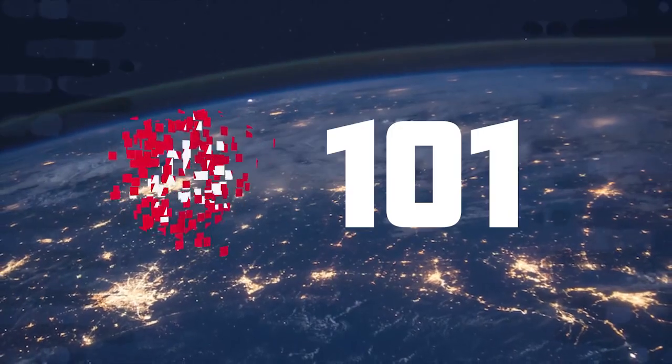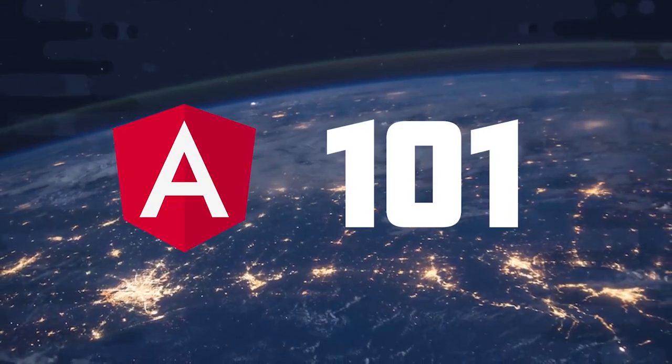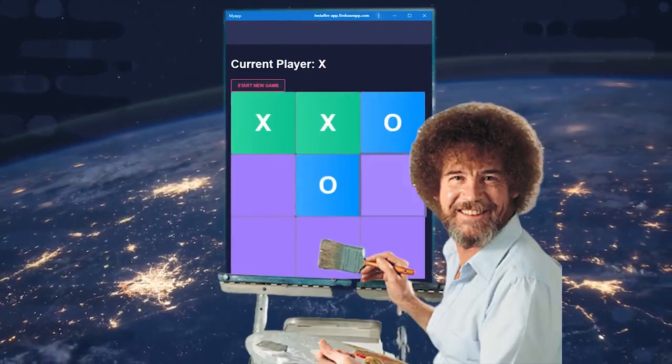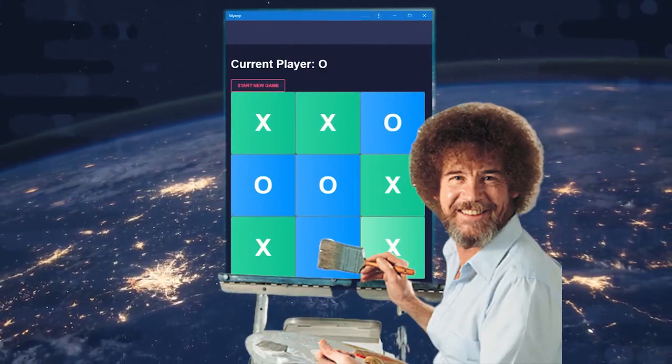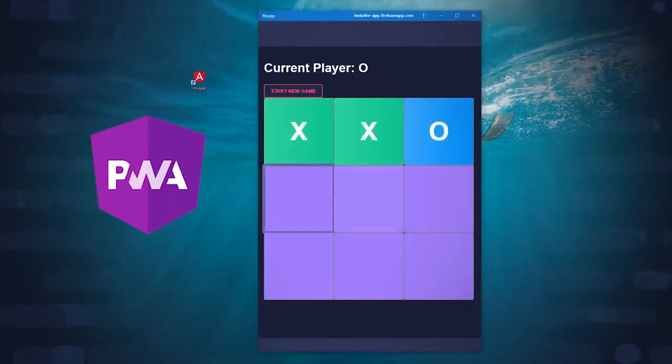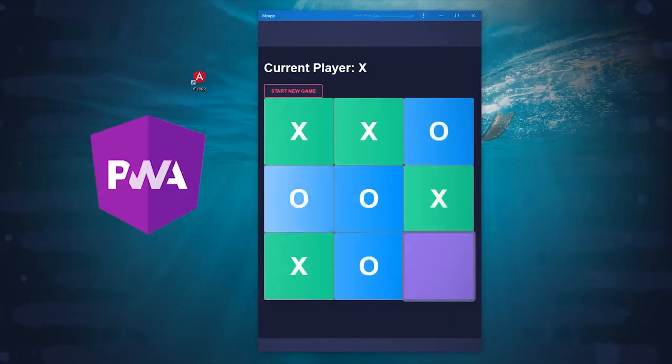Welcome to my first ever Angular tutorial for beginners. If you've learned a little bit about JavaScript, HTML, and CSS, the next step is to make the world a better place by building an app that people can use. Today we'll build a Tic Tac Toe game from scratch, deploy it, and make it installable on desktop and mobile